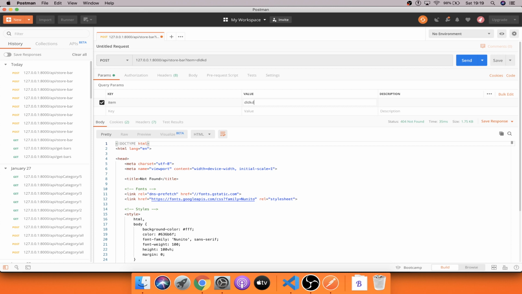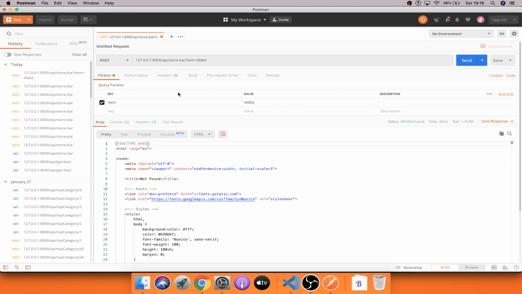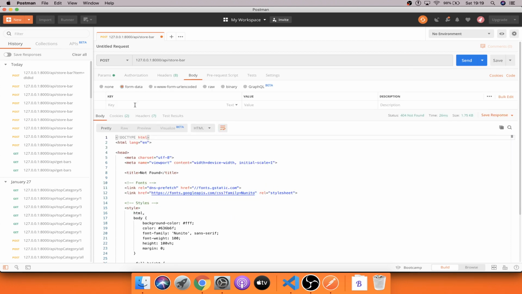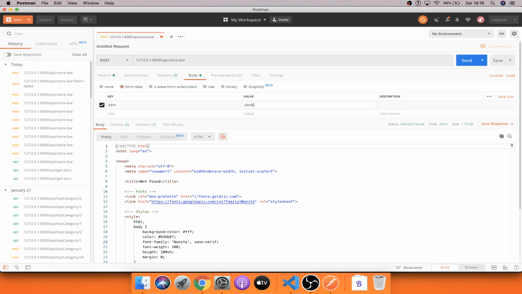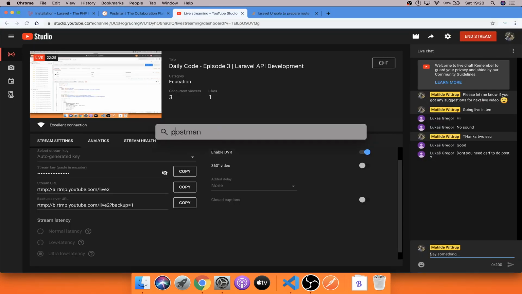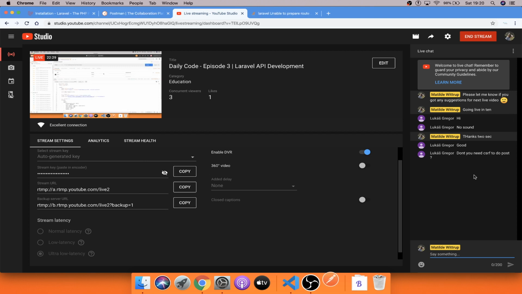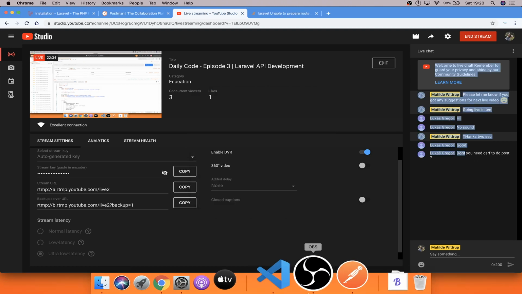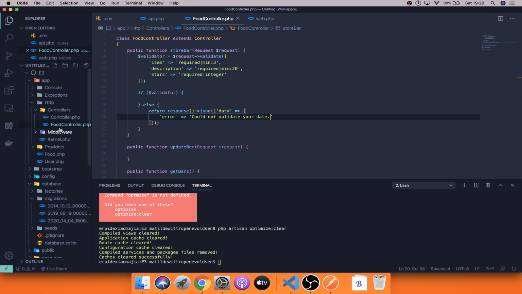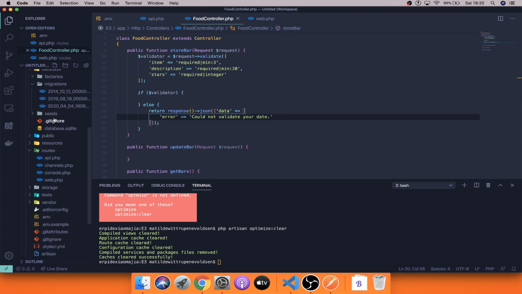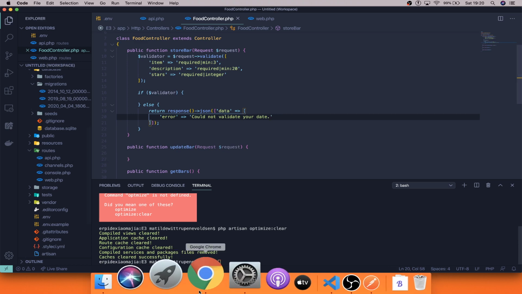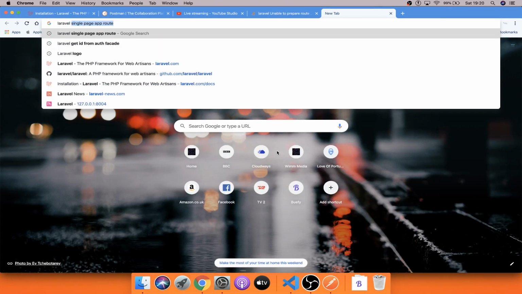What if you put in item? Okay, so maybe if we quit Postman and then open it. Yeah, I think that could be the issue. Let me just check. So basically when you use Postman, it should be alright just to send through the data. But actually no, that's right, we need to install Laravel disable